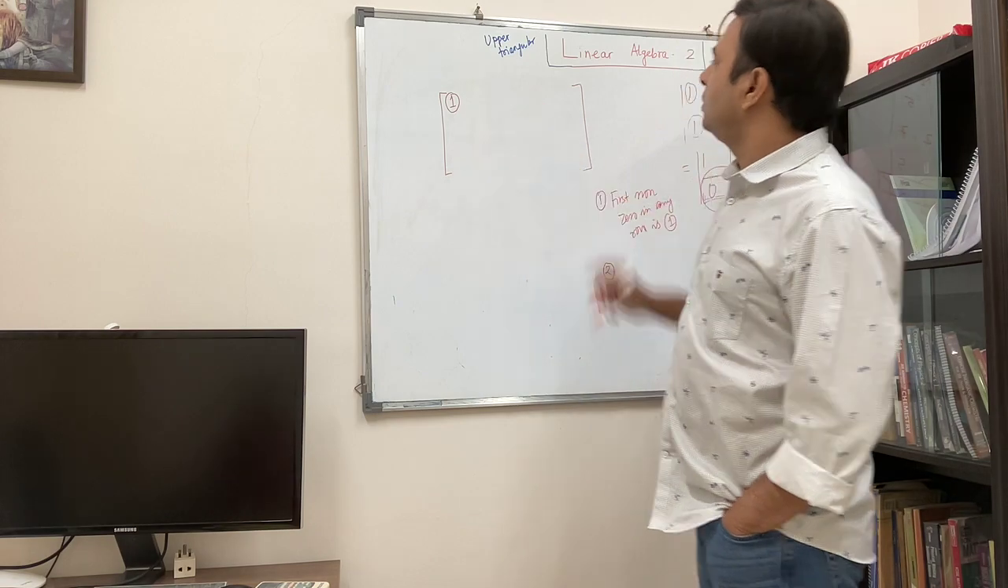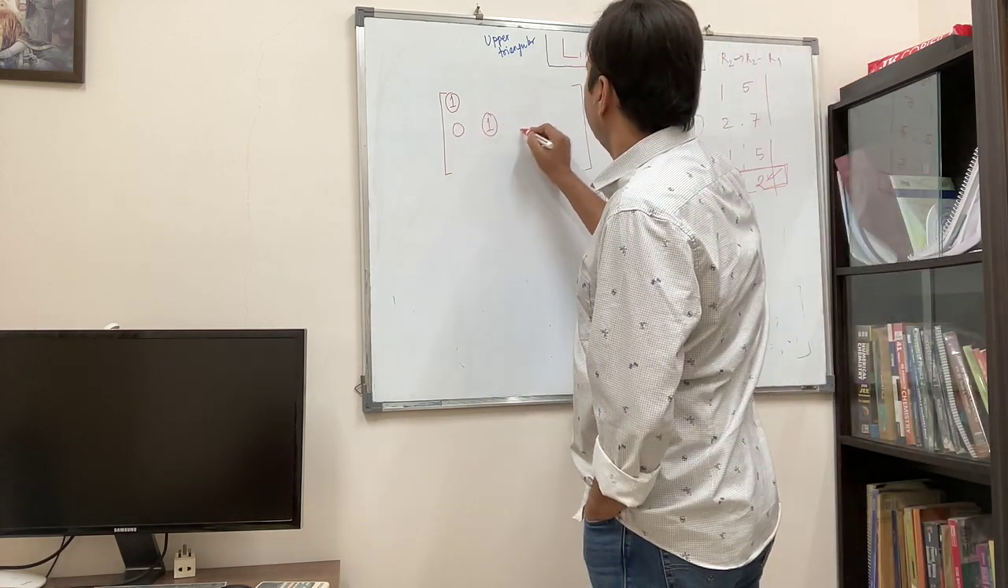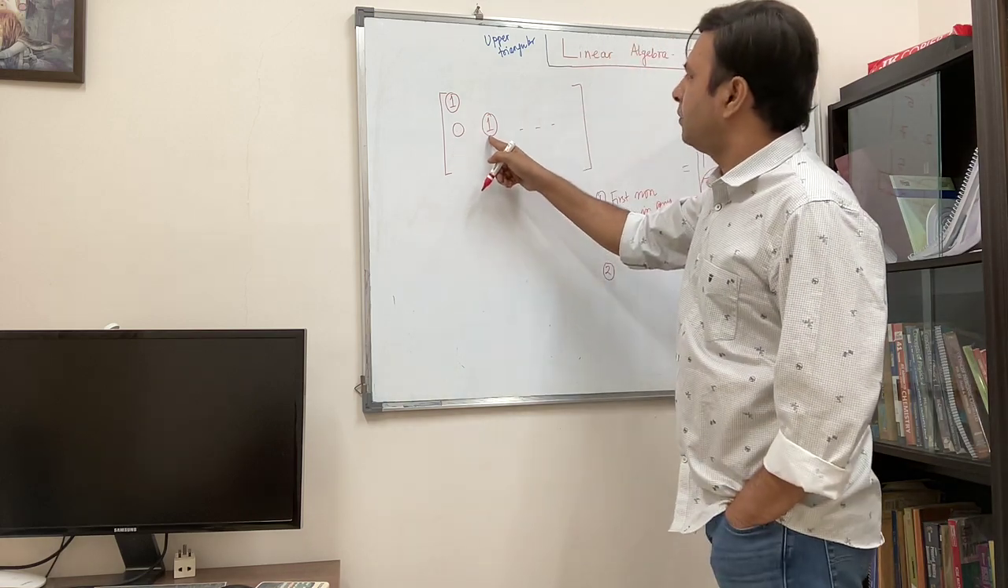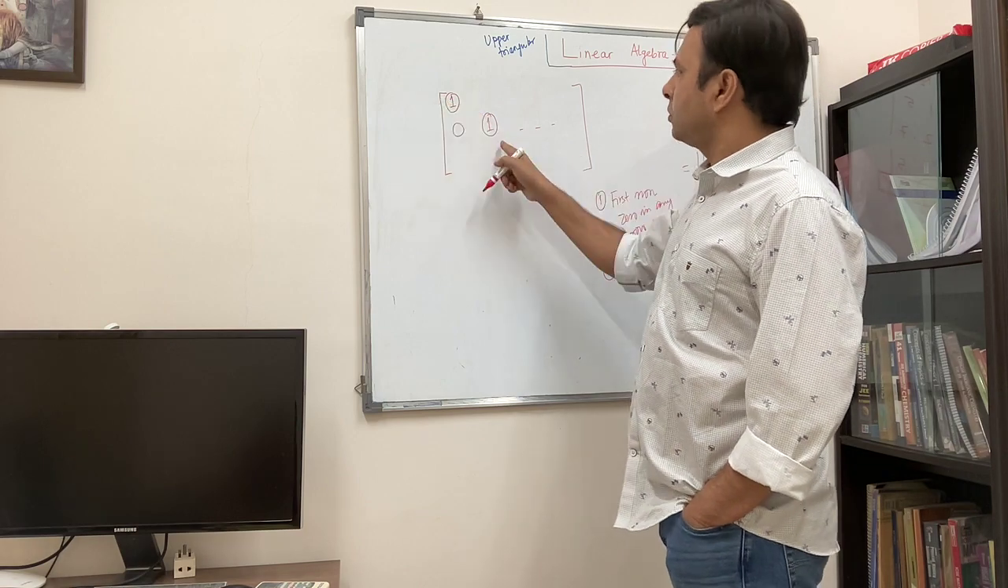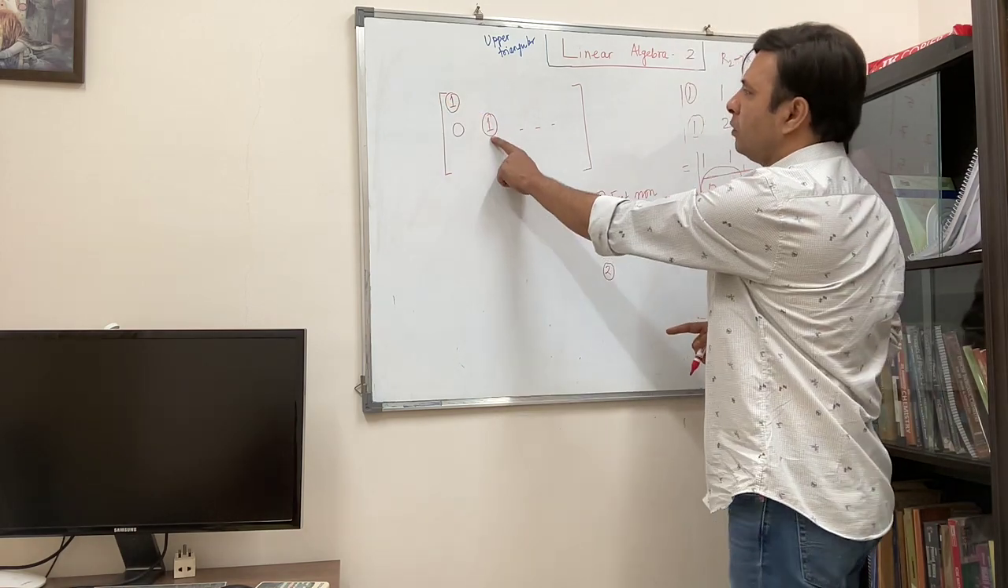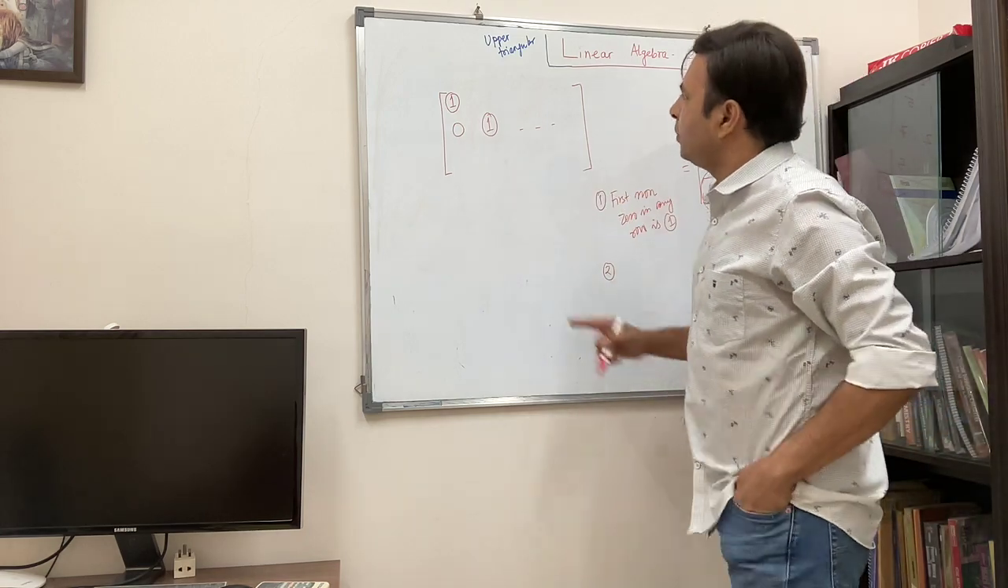Whichever is the first non-zero element, so let's say this matrix was like this. So for the second row, this is the first non-zero, right? For the first row, this one was the first non-zero. So for the second row also, the first non-zero element is 1. So far all good. Second condition I am imposing,